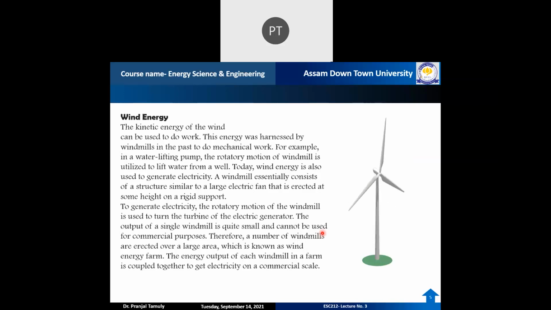So this large group of windmills that we construct is called a wind farm. We actually select an area where there is an abundance of wind energy, that is, where there is a consistent supply of wind throughout the year. So we select such an area to construct a wind farm. For this, we use meteorological data or wind speed data and study. There are several kinds of studies we have to take care of before establishing a wind farm. That you can study in your further process.